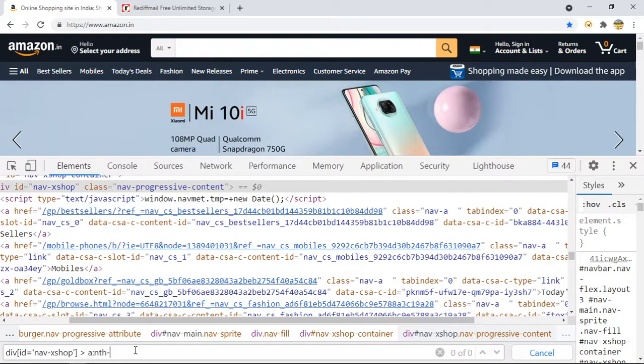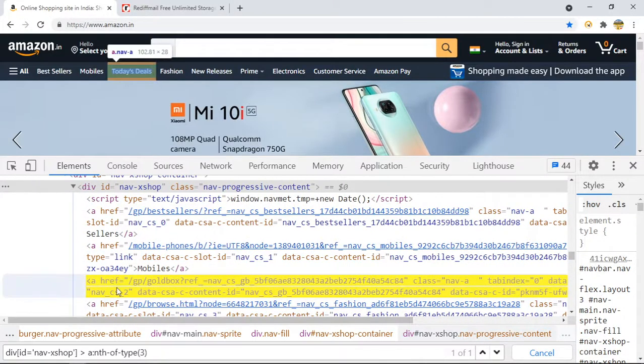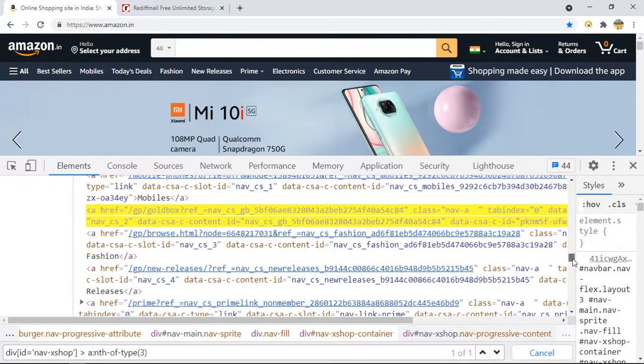Nth of type, what is the type? 3, right? So right now we are on the children. This is the children, this is the children, this is the children, right? This is also a children. From this children I want to move to this one. Let us see whether it is working or not.